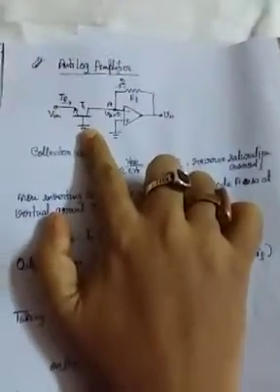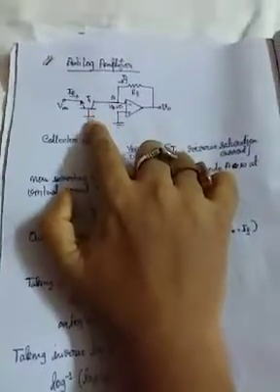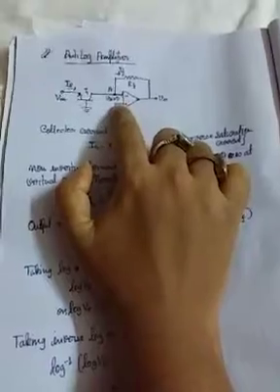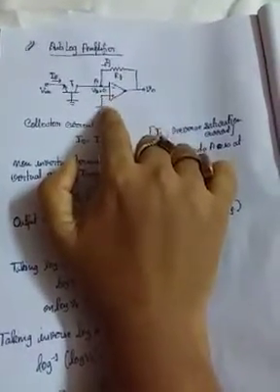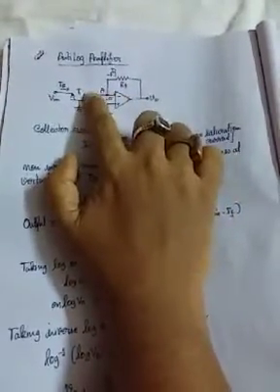Here we connect one BJT, with the emitter terminal, the base terminal grounded, and the collector terminal. The non-inverting terminal of the op-amp is grounded, and the inverting terminal is connected through this BJT, and here we apply the voltage Vin.